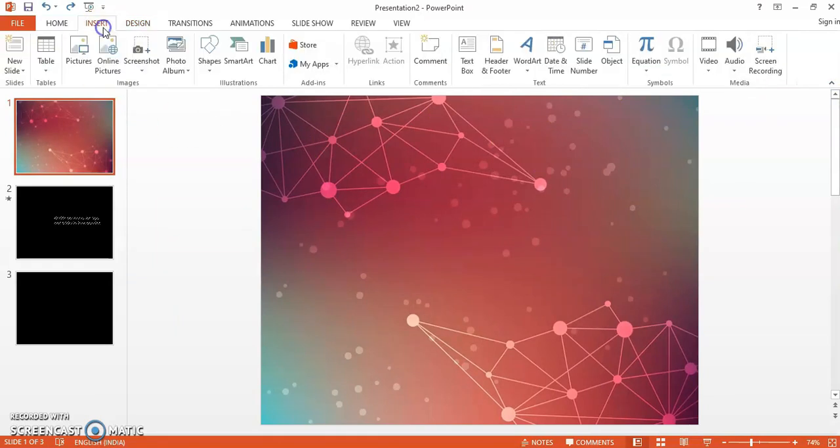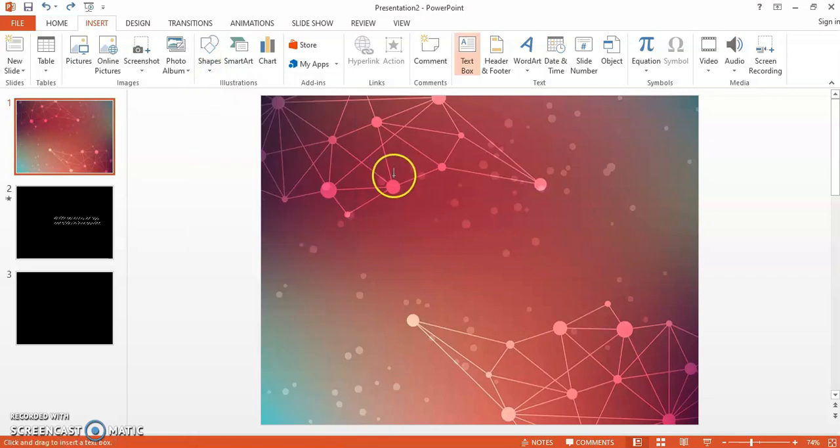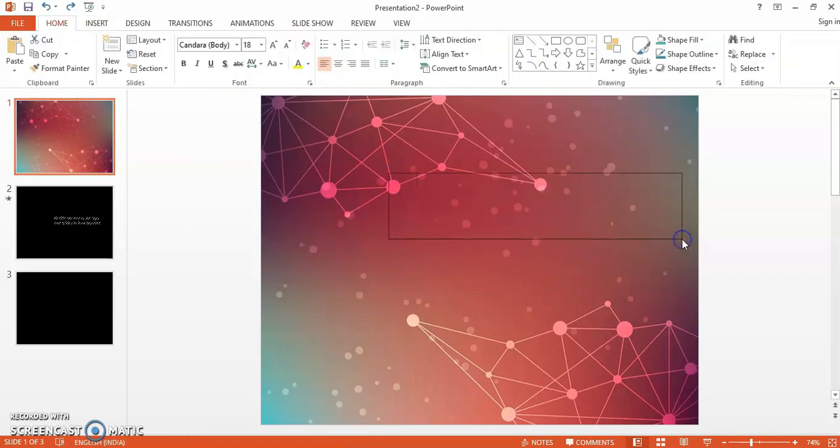Then comes the next thing, which is putting things on the slide. Okay, so there are a whole lot of things that you can put, maybe text or images or video or audio. So all these things are there. So if we go to inserting shapes or text, for example, I have taken this text box, just putting some text into it.